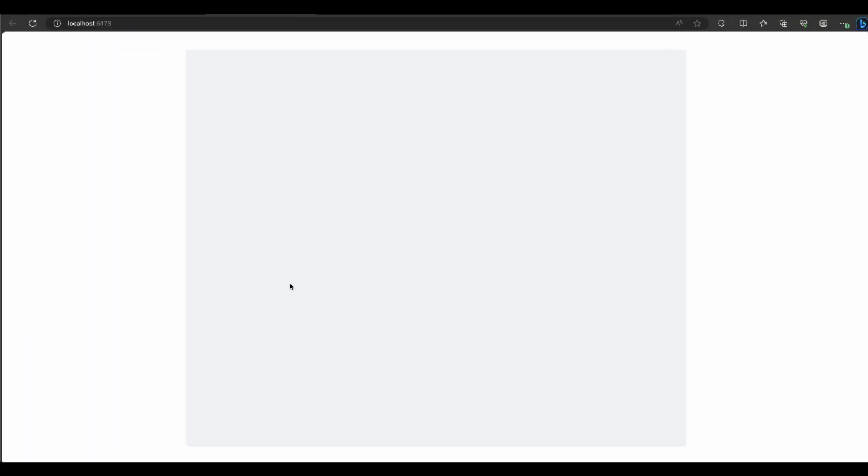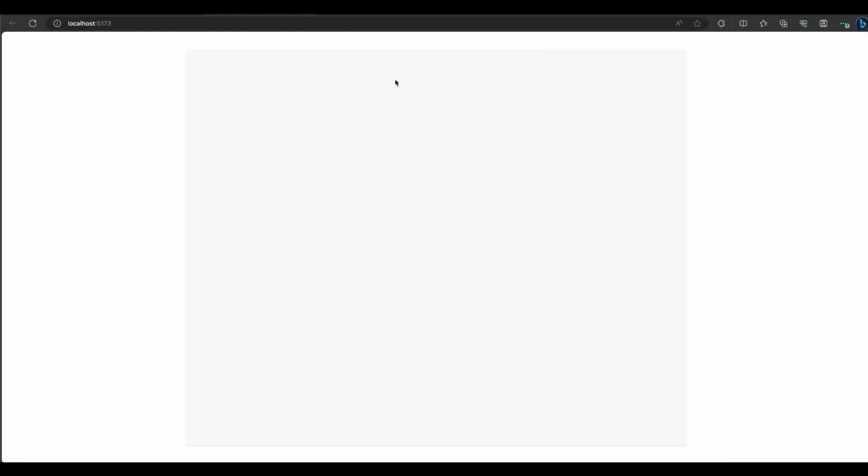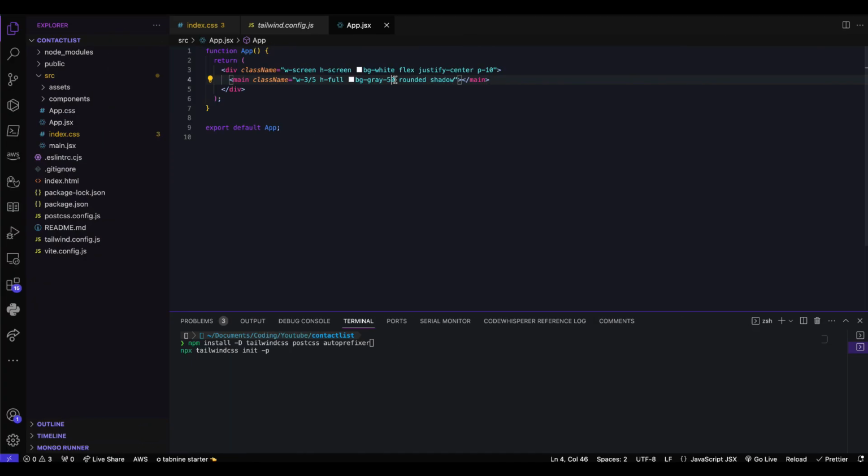However, the gray is too gray in a sense, so I'm just going to reduce that to give us a nice shade of gray. I think this is okay. So there we have it. We have our first part in play, and the next thing in the application is going to be